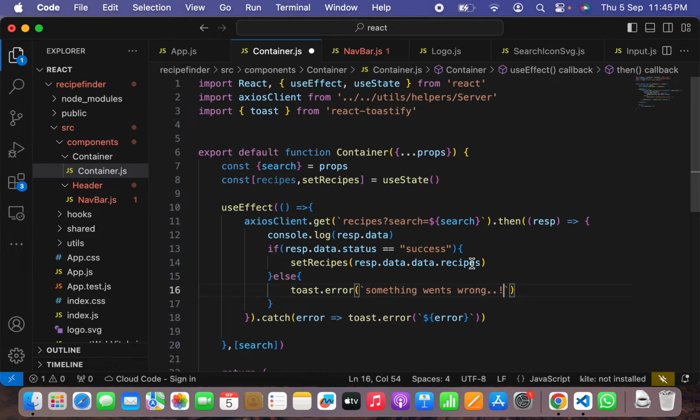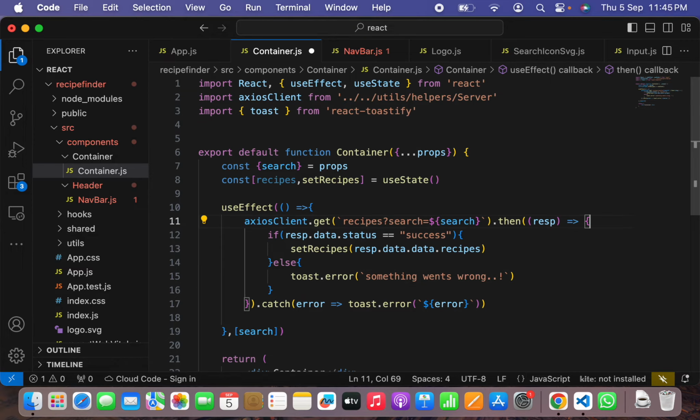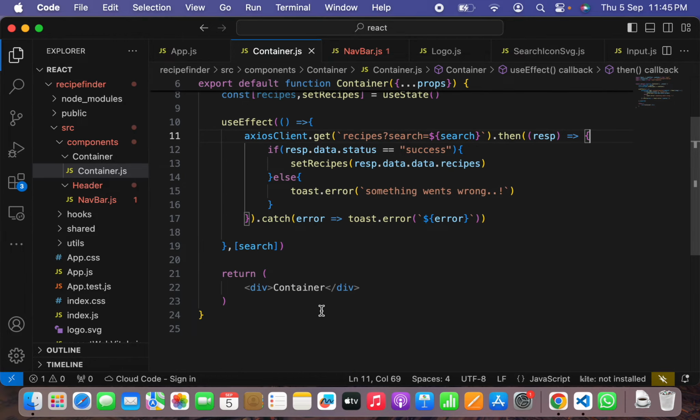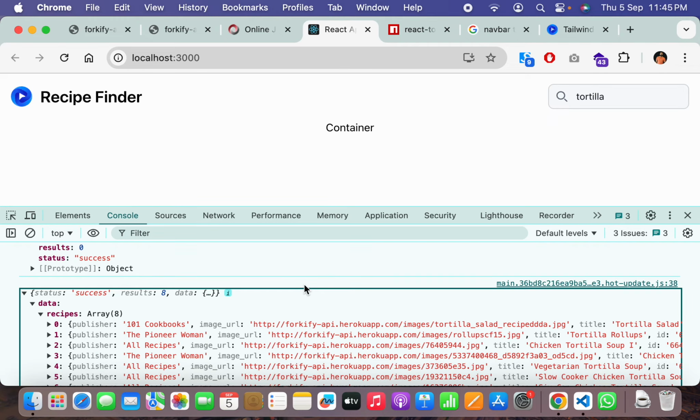That will be our error message only. Right now we are not going to identify any kind of errors and details, so that's it. That's much better. So here what we will do in this container,